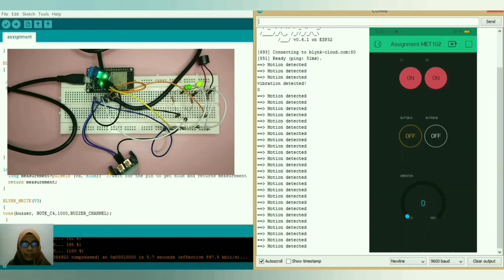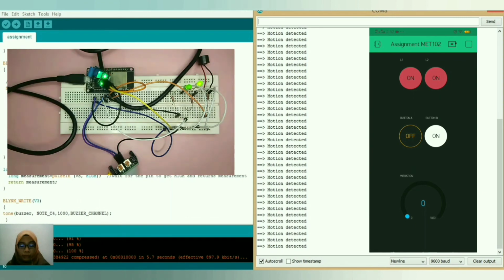Okay, so let's see if I turn on button B, which I want to turn on the buzzer. So it gives us the sound.